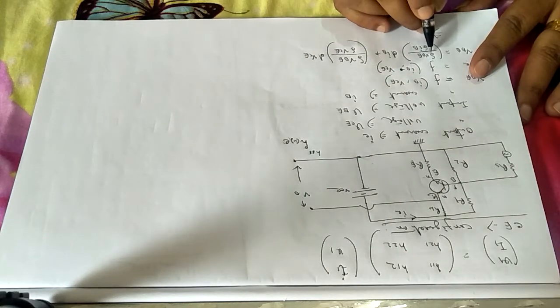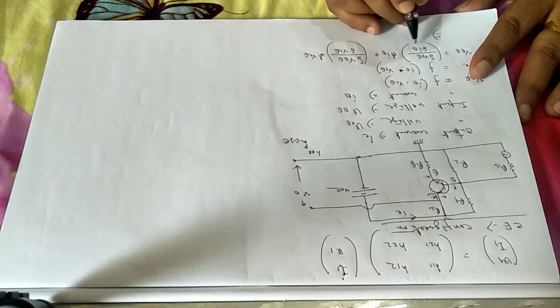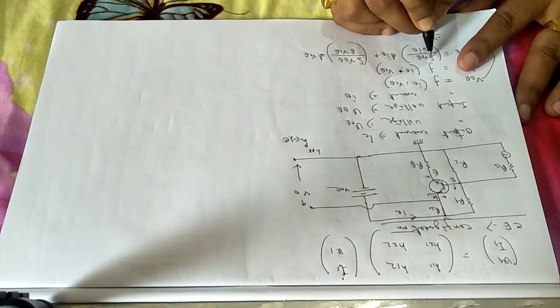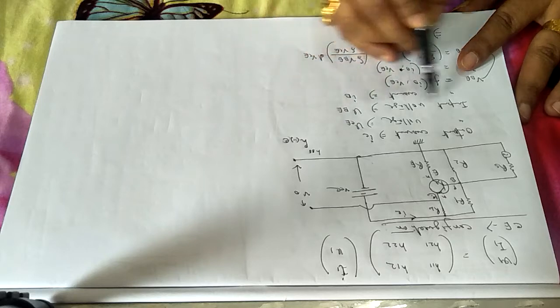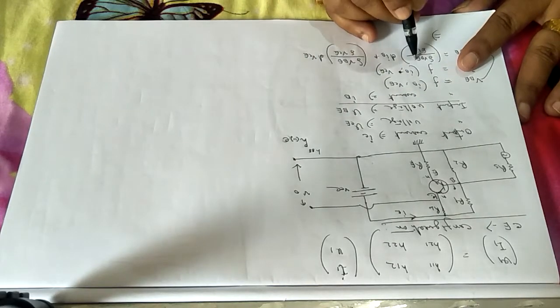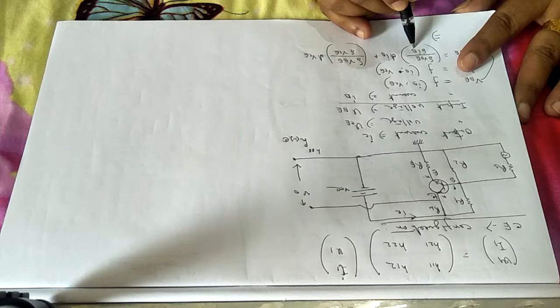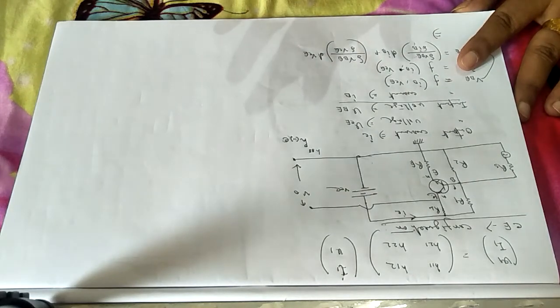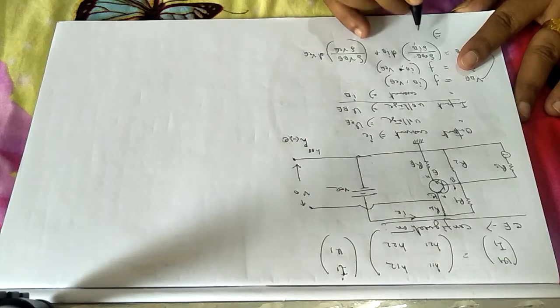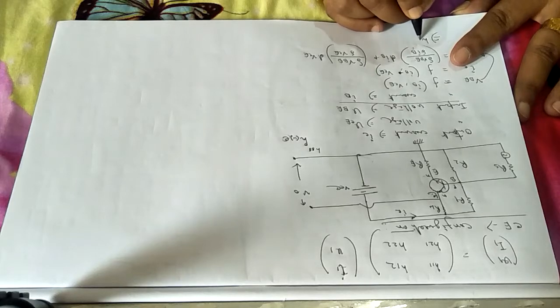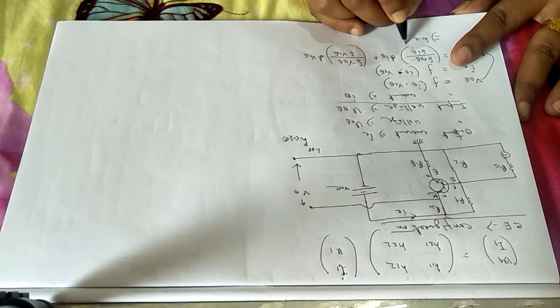Let us see. First one is VBE by IB. VBE by IB. Remember it. VBE is what? Look, it is input voltage. Input voltage by input current will give you voltage by current. Input impedance, remember what it was? It will come with I. Why? Because it was input impedance. You remember it? Impedance coming from input impedance means I. So the first term will be HIE into IB.